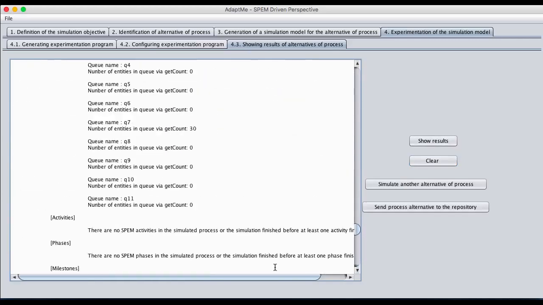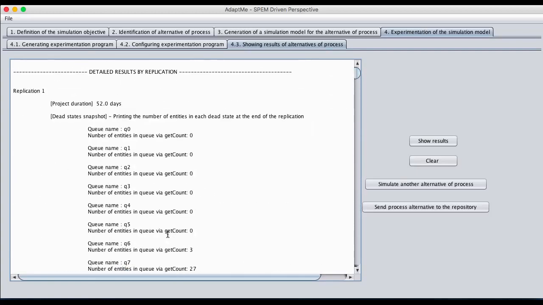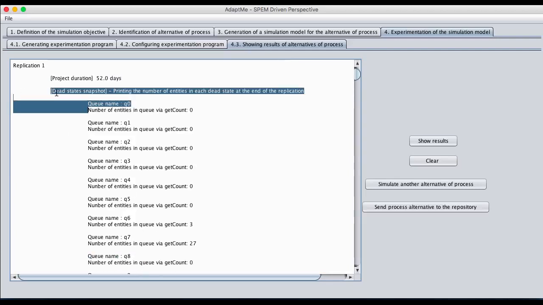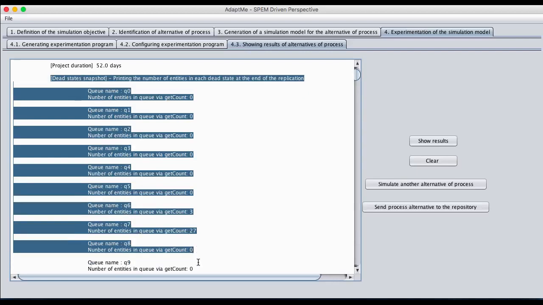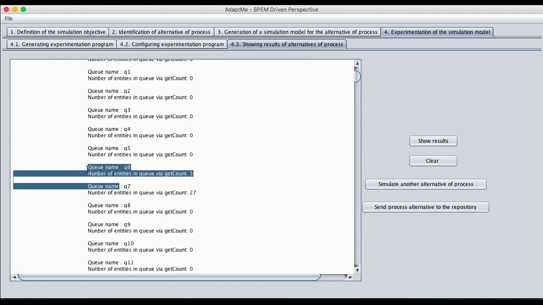Let me go to the beginning of the results. As you can see, now we have results grouped by replication. For example, in this first replication, the project duration took 52 days, and here is the snapshot at the end of the simulation run of the state of each dead state with user stories. As you can see, all the user stories at the end of this simulation run in the first replication are